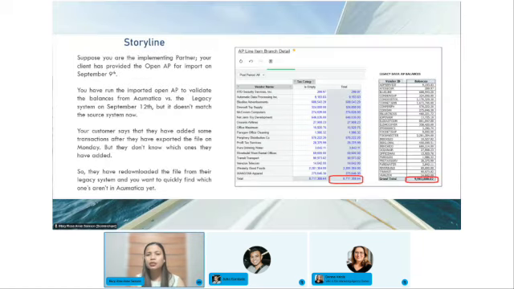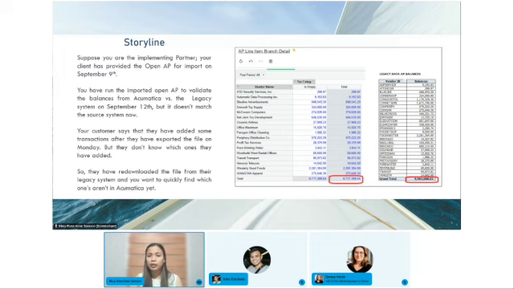So suppose that you are the implementing partner, and your client gives you the extracted OpenAP file from their legacy system. You have imported it in Acumatica and verified that the balances are tallied. And then today, you run the OpenAP balances for the final data validation, but the AP balances don't match now.